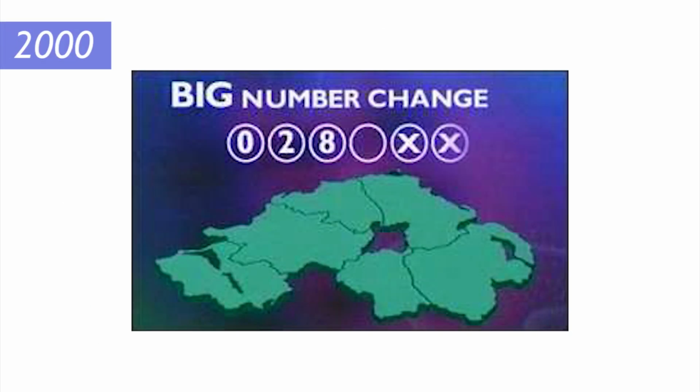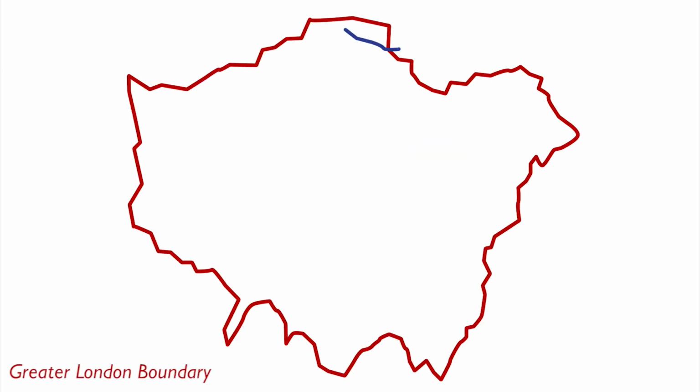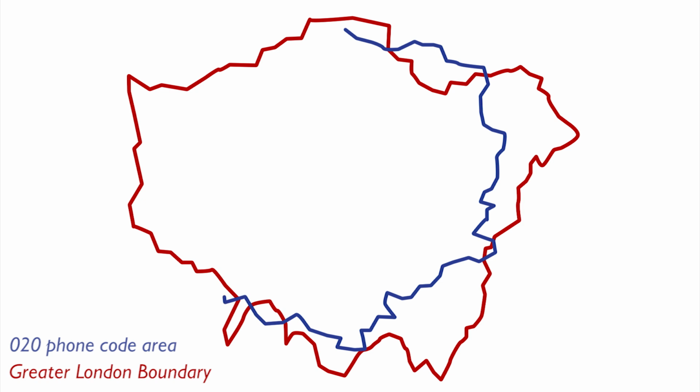And so the most recent change came about in April 2000, the so-called big number change, when telephone codes for London became just 020, not 0207 or 0208, but just 020. That 020 code now covers a roughly circular area of 20 kilometres from the centre of London, and in a few places it goes outside the Greater London boundary, but in many more, particularly in the east and southeast of